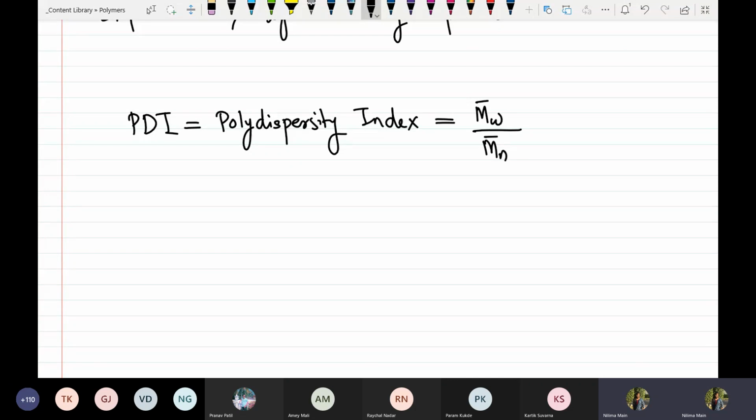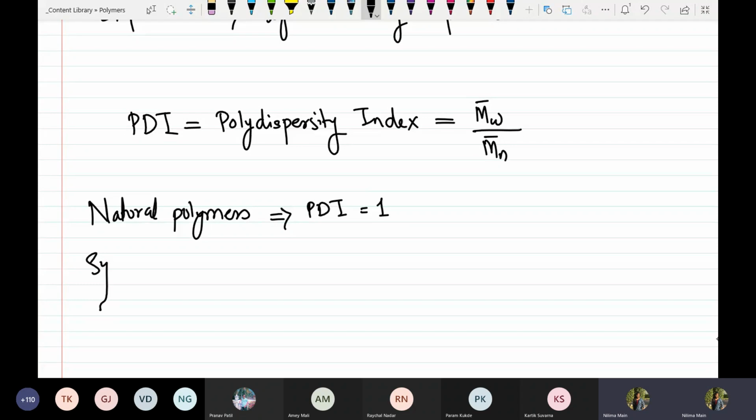So usually जो हमारे natural polymers है, naturally present, okay, natural polymers, they have PDI equal to 1, okay, and sorry, and the synthetic polymers have got PDI